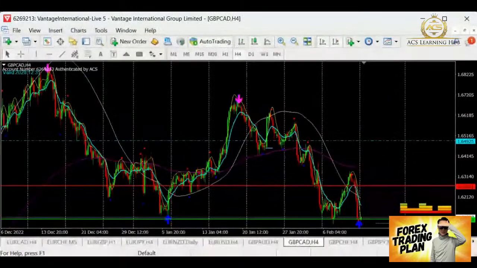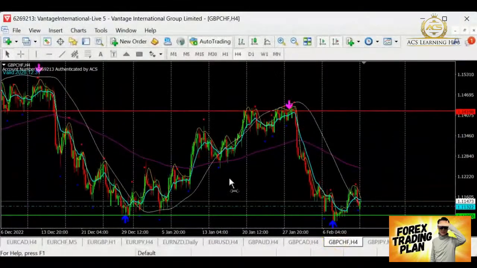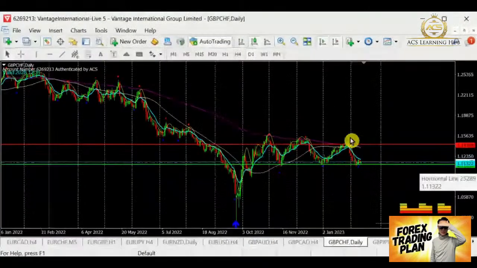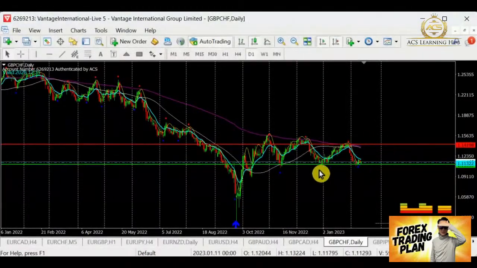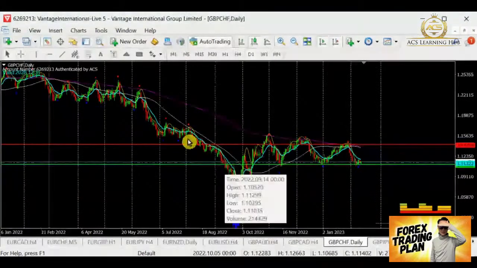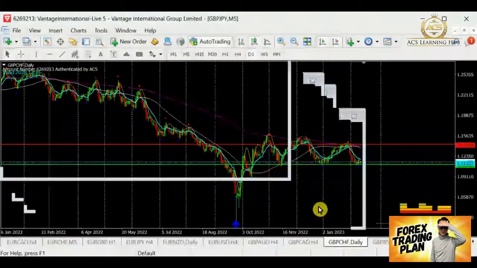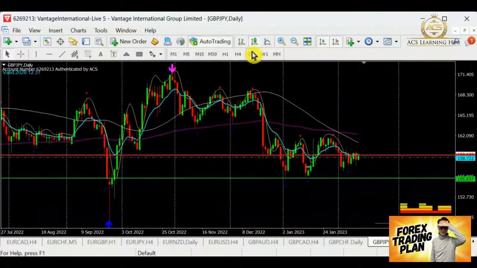All right, so for Pow Frank, over at this point here, we can see that it has been hovering around this area. As you can see, this whole area here is actually going sideways. Today it's hitting the base of the sideways, so very likely it's going to go back to retest the high of this ranging. So I will say that sellers have to stay away. Buyers, maybe you can try to take some within this range.